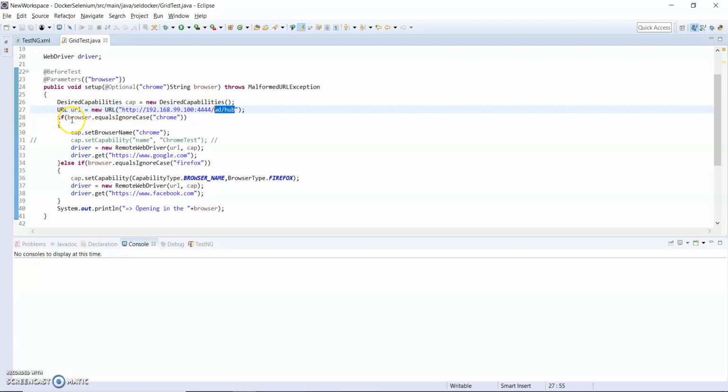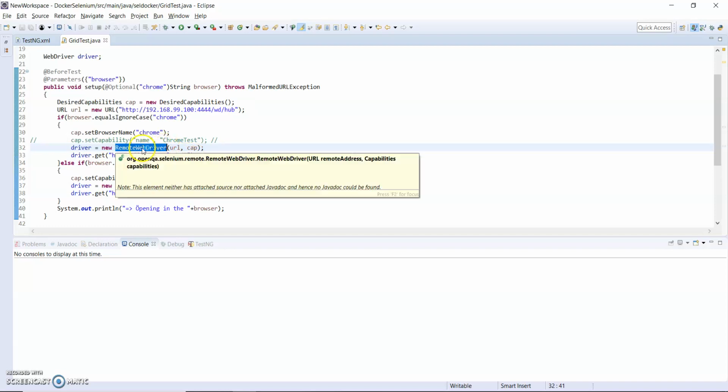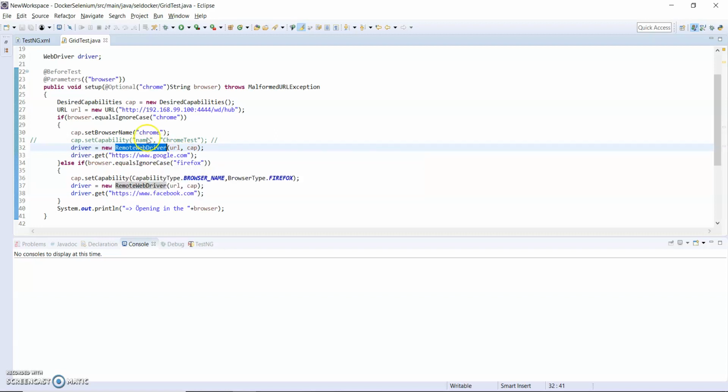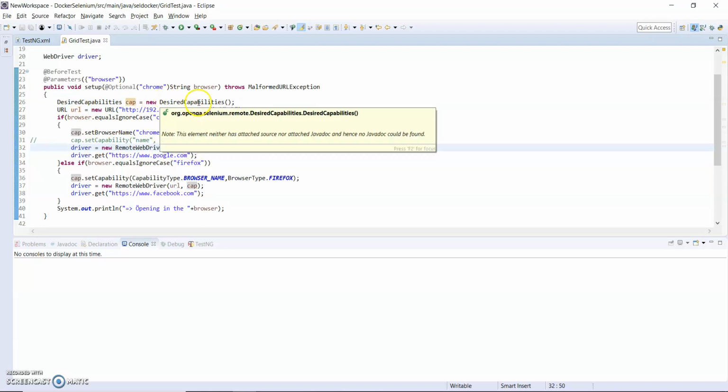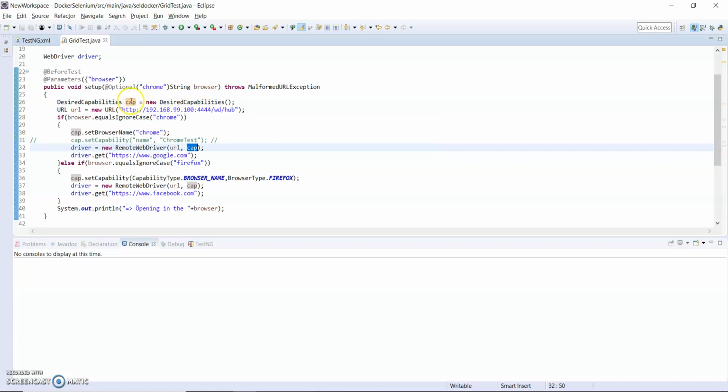Here we have browser equals Chrome, then set browser Chrome, and driver is equal to new RemoteWebDriver, because I am launching this browser on the Chrome node, that's why I am using a RemoteWebDriver. Here I pass my URL and the capabilities object which I have created.